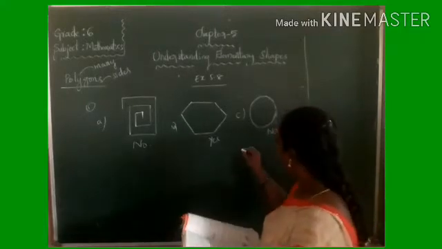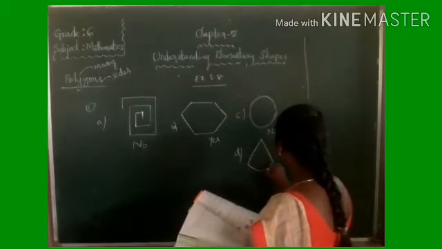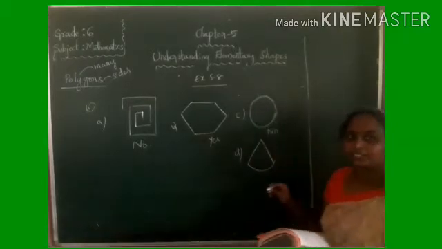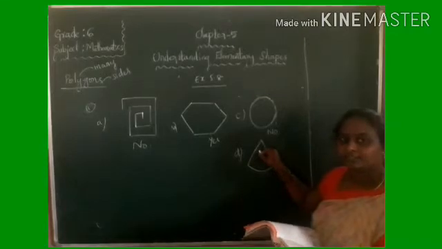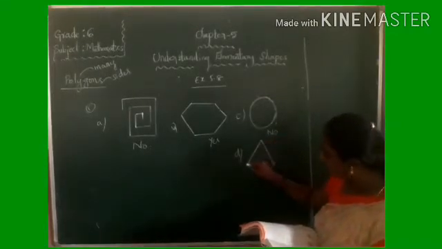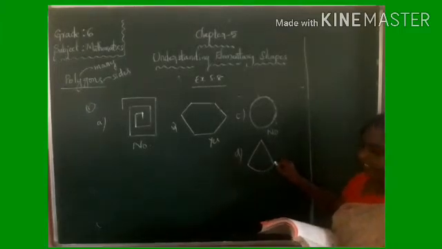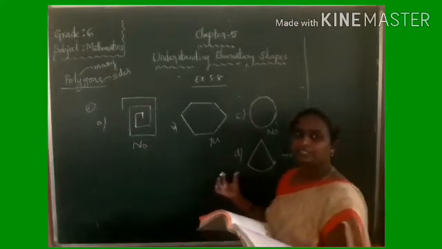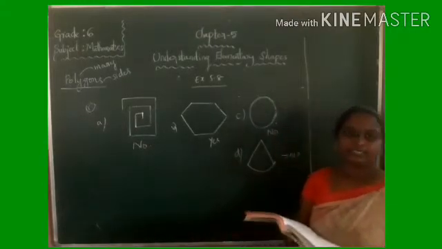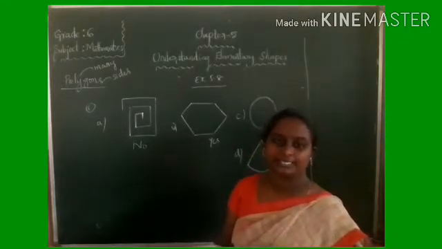So next, fourth one is a cone. Okay. So is it a polygon? No, it is also not a polygon. If you observe here, it has two line segments, but here the base has a curve shape. So that's why it is also not a polygon. This is the reason you have to write neatly in the textbook only. Right. Second question. Name each polygon.